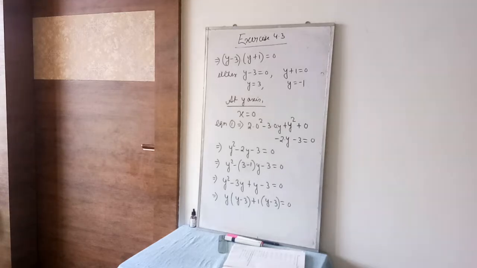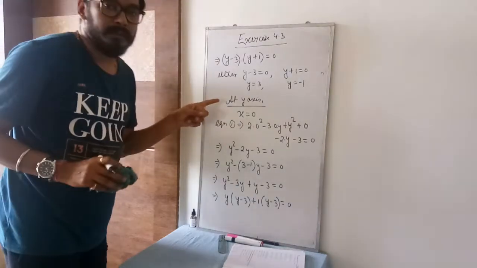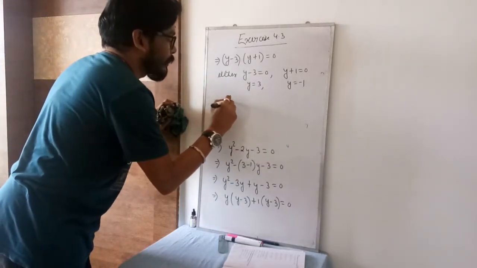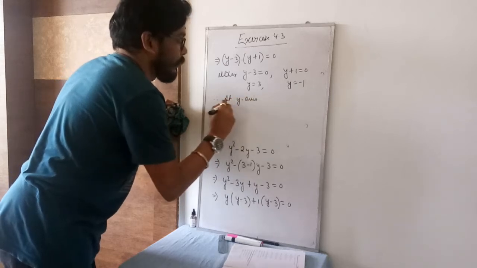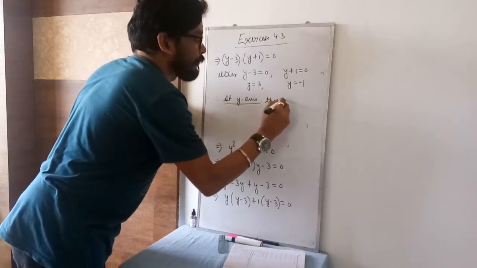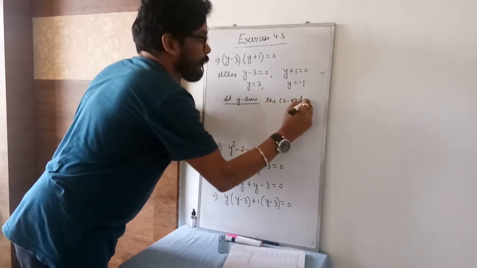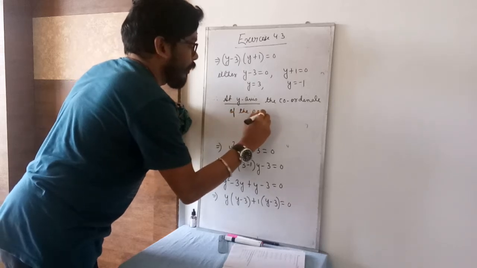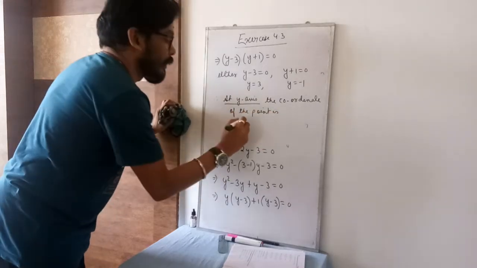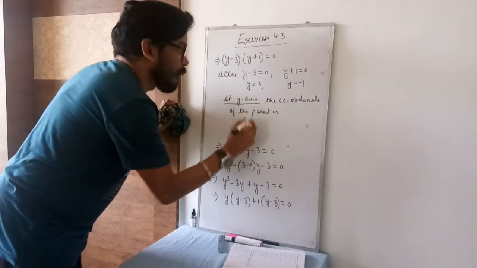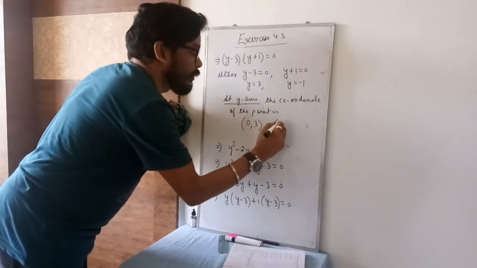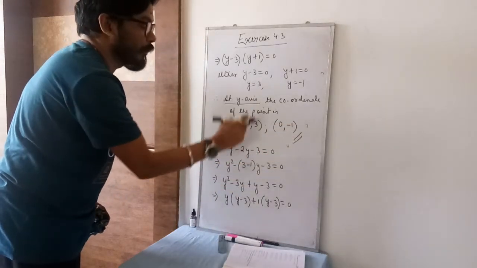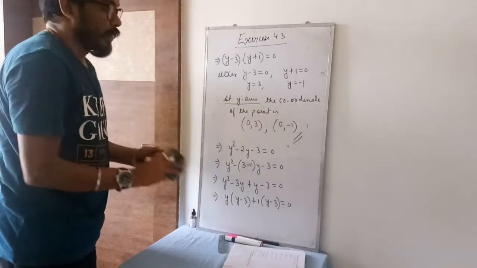Okay, again. So we are finding out the coordinate of the point at y-axis. So at last line, therefore at y-axis the coordinates of the points are: x was 0, so 0 comma 3 and the other is 0 comma minus 1. We are finding out the coordinate of the point at y-axis. So x is 0, y value 3 you got, x is 0, y value minus 1. So this is the sum.